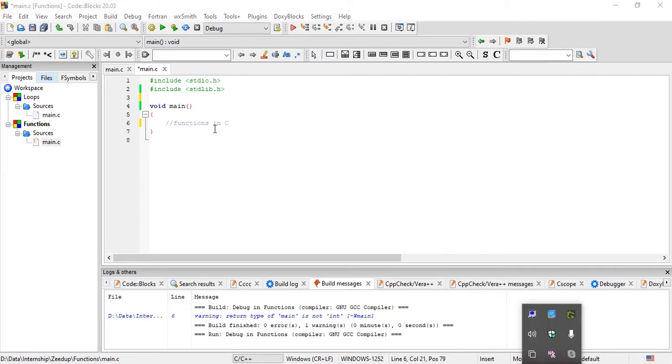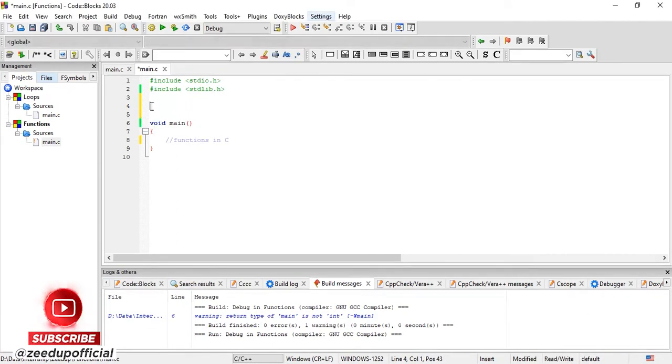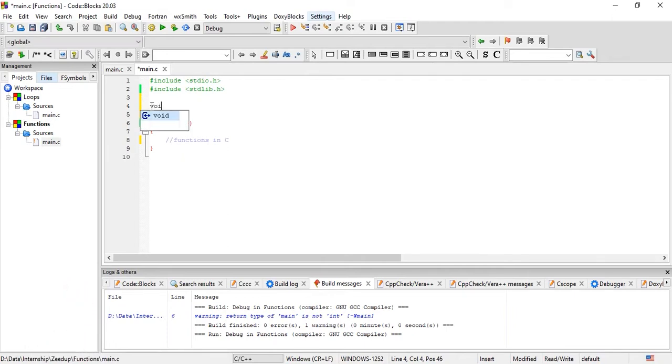So first of all, we are going to see a function which is not returning anything, but it is accepting two arguments. Now what we are going to do with this function is accept two integer arguments and add them. So it is basically the sum of the numbers function that we are going to write. Let's just write it over here only. Since we are not planning to return anything from this function, its return type is going to be void. The name of the function could be anything. I'm going to write sum, and within parentheses I'm expecting two integer types of arguments.